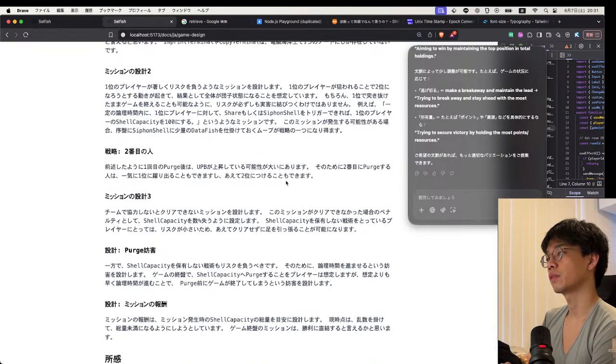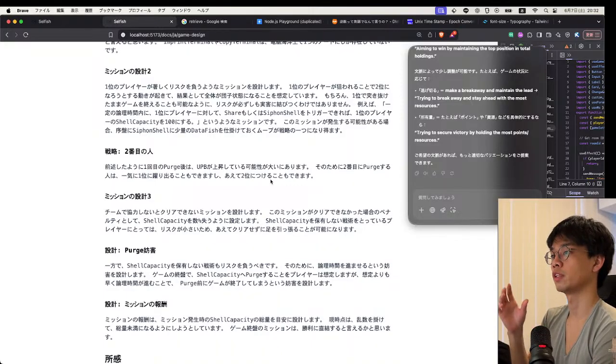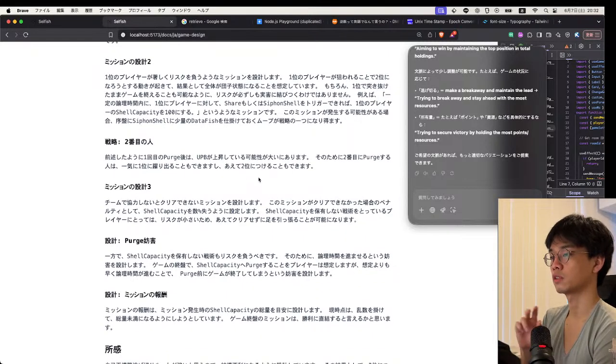So the second player can purge and can choose options. The first option is going up to top by purging all of the data fish with good efficiency. And option 2 is